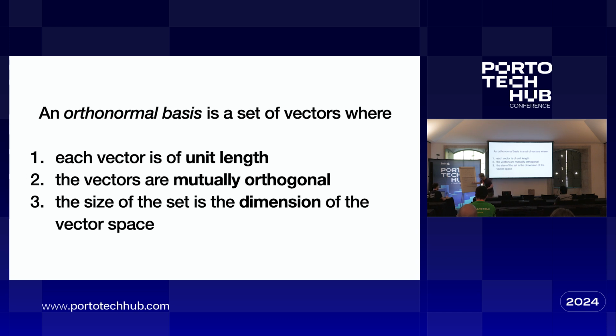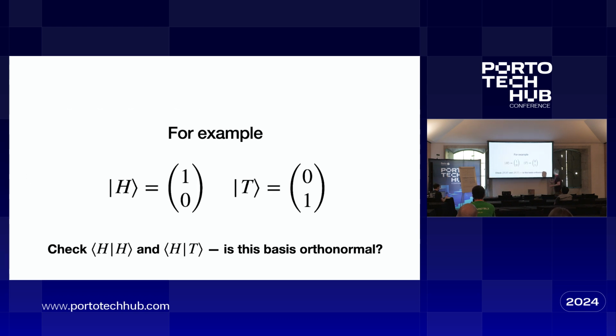Also, I'm going to label this guy and this guy like this. I'm just assigning a name, because it's the ket that corresponds to that. So that's what I was about to say: check that, calculate the inner product of heads with heads. It is 1, as I just did over there, so it's length 1. Calculate the inner product of heads with tails. It is 0, so this is an orthonormal basis, you can see.